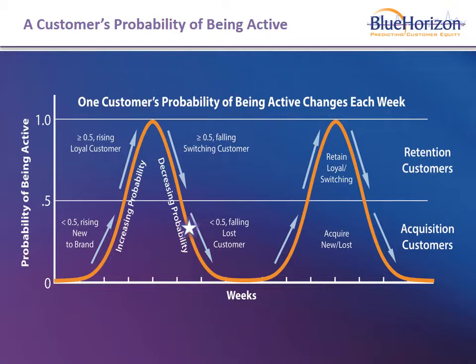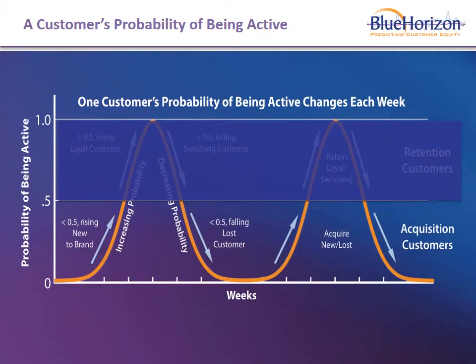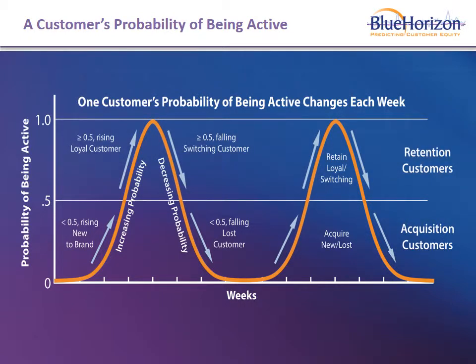Blue Horizon allows us to continuously group customers into acquisition and retention sets. In our graph here, customers with a high probability of being active need to be retained, and we call them the retention customers. Customers with a low probability of being active need to be acquired or encouraged to be more active with the brand, and these are the customers of the acquisition group. Studying acquisition and retention allows marketers to see which group most impacts the future cash flow of the brand, and they can use different marketing strategies for these groups so that both groups become more profitable.